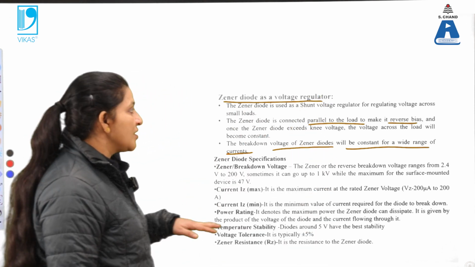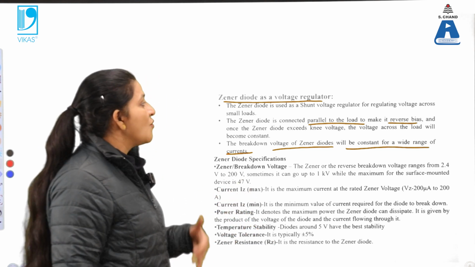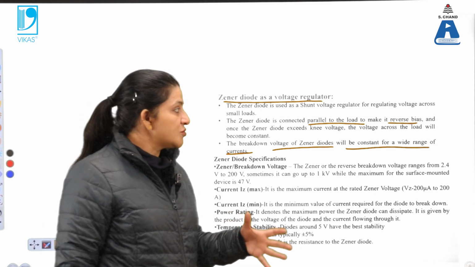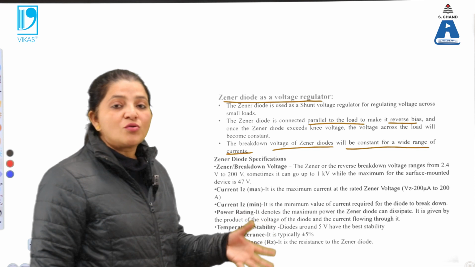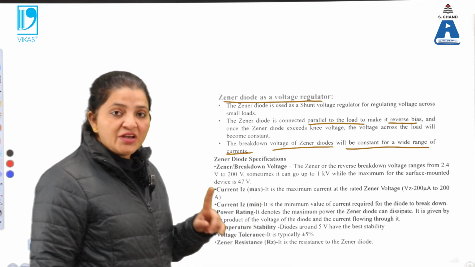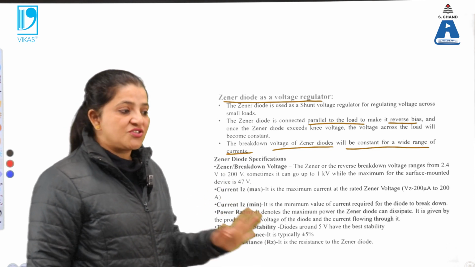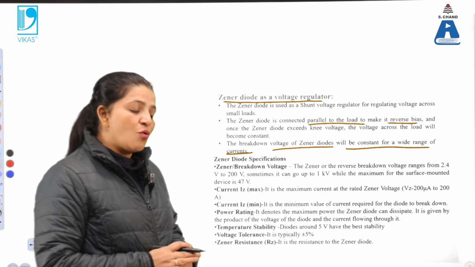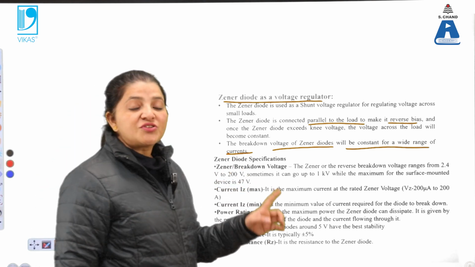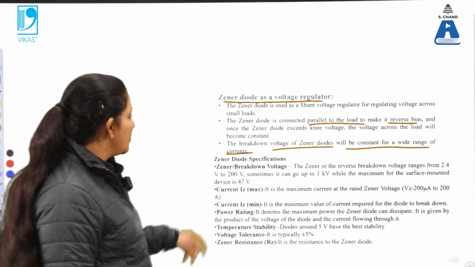Voltage regulator means we can make the given circuit work in the reverse direction up to some voltage range. That is known as voltage regulation, while a PN junction diode only works at one voltage, and in the reverse direction the PN junction diode will break down. So there is no change in the voltage, while for the Zener diode the voltage regulation can be done by connecting the load resistance parallel to it. So it can be used over here.